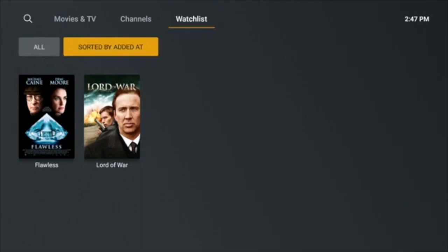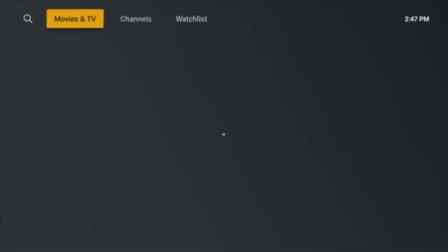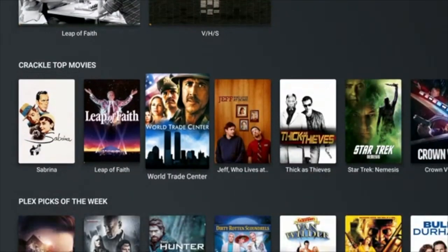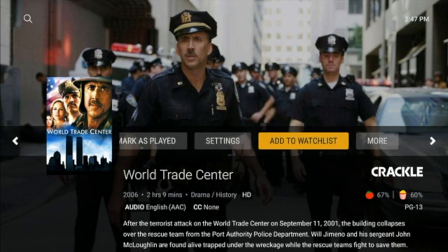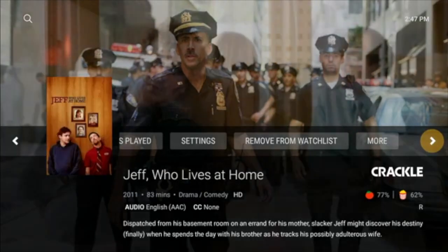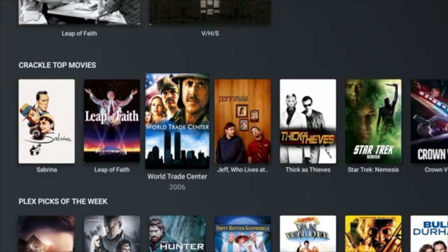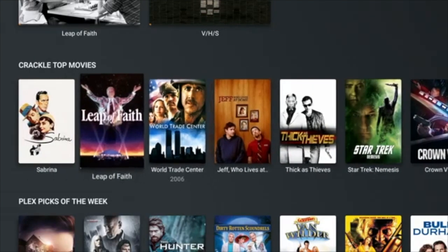This feature has an easy-to-access watch list. There were already a couple of things on it, but we can go in and add more real easily. Let's see. We're not going to dive too deep. We'll add World Trade Center to the watch list. If you're in the mood for a light-hearted affair, just kidding. But from there, you can just go in, you select something,